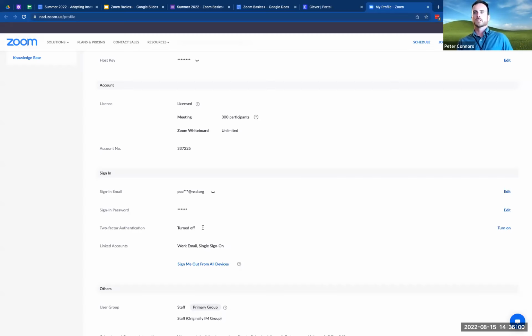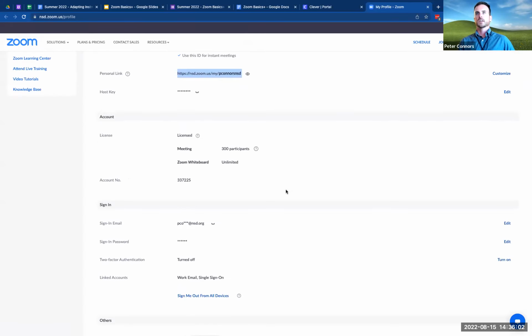I did notice something in your profile settings here. If you scroll down, you should see that you have a licensed account. If you don't, maybe just chat, do a direct message to Maddie here, and it might be something for us to look into.